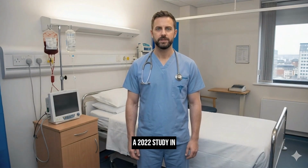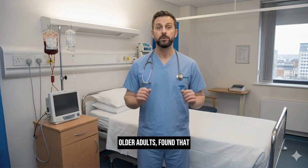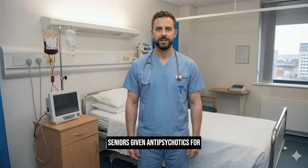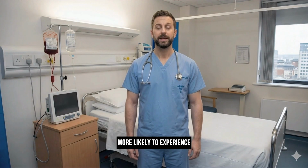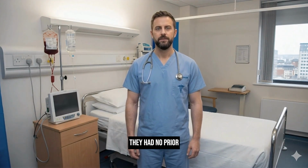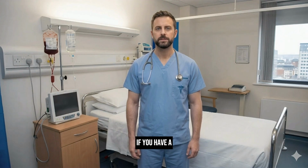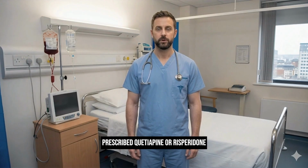A 2022 study in The Lancet Healthy Longevity, tracking more than 25,000 older adults, found that seniors given antipsychotics for behavioral symptoms were 71% more likely to experience worsening cognitive decline within 12 months, even if they had no prior dementia diagnosis. If you have a loved one in a care facility, or if you yourself are being prescribed quetiapine